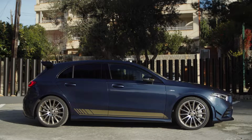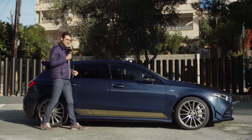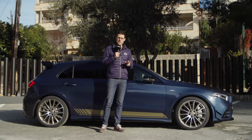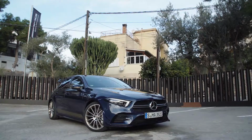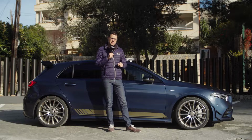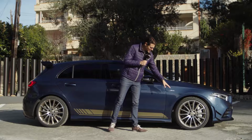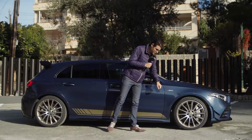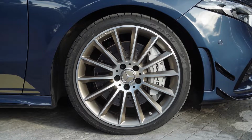4 meters 42, 14'5" or 174 inches is the total length. Now I ended up giving 3 length dimensions. Whatever, I think you can pick your favorite one. Interesting, by the way, that the A-Class has the very same length as the B-Class. That's interesting, right? 18-inch rims for the AMG A35 are standard, but those ones are the 19-inch rims, the biggest